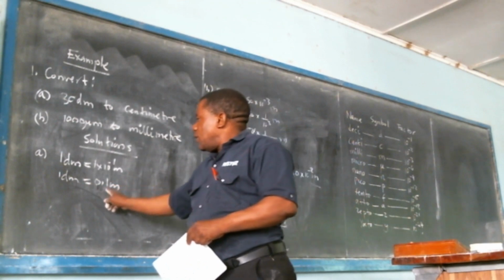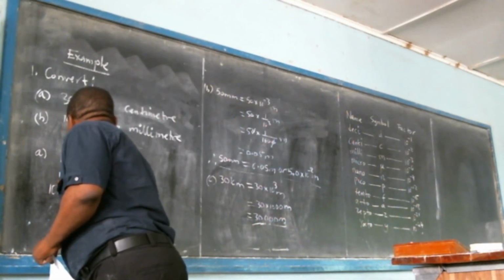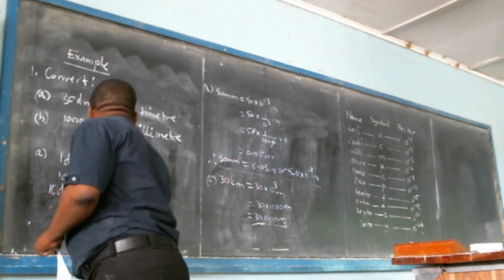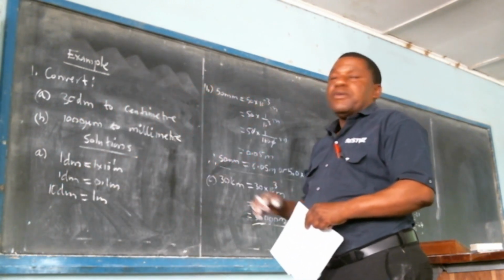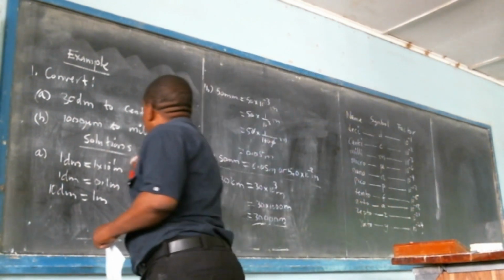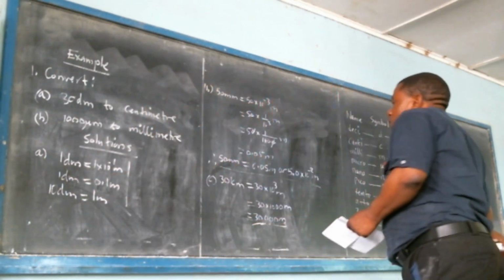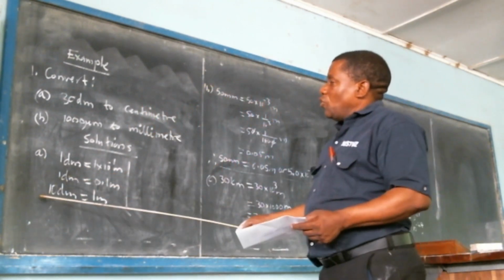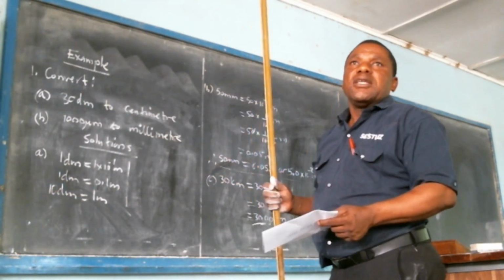So multiply by 10 on this side, multiply by 10 on this side. Now this will give us 1 meter will be represented by 10 decimeters, or 10 decimeters is equal to 1 meter. So we have created a standard scale that will help us to cross the decimeter to any other given